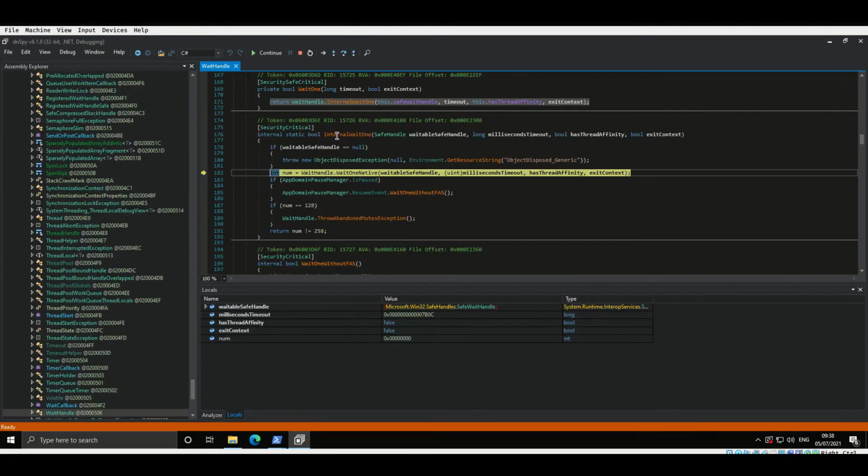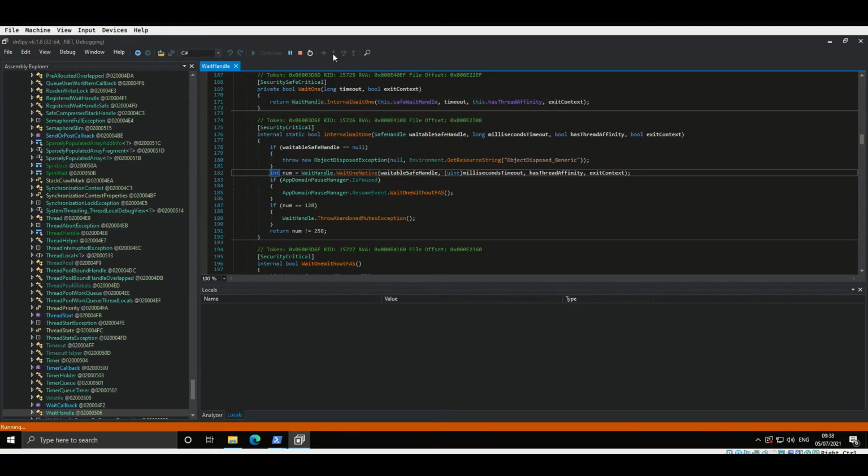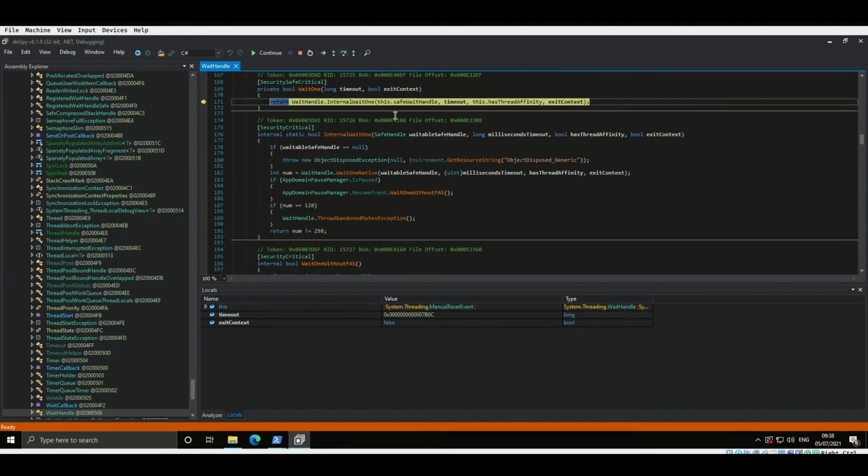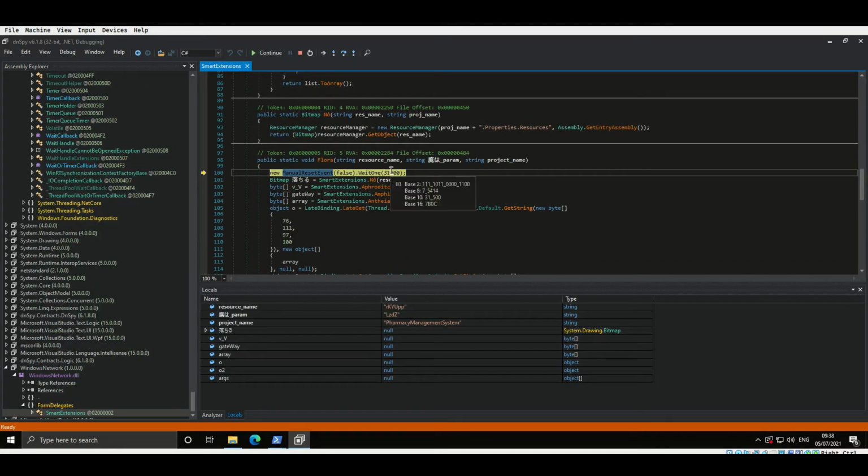Now, if you continue stepping through here, you will at some point find yourself in a routine. It's this internal wait 1 that is invoked before by a sleep function. So I am going to go ahead and step through this so I can show you a little anti-analysis trick here. If we go ahead and just keep stepping, you can see here that the malware waits